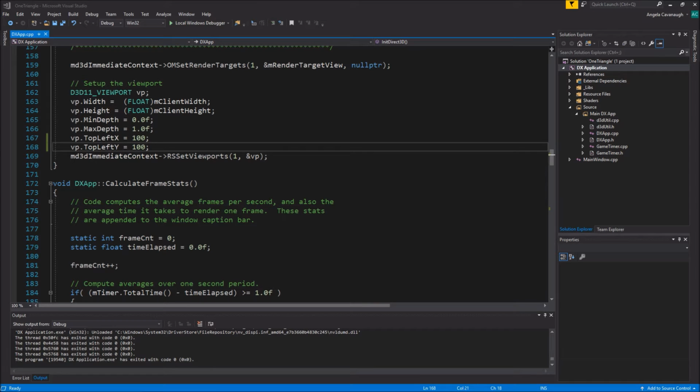The DXGI format, R16 uint, what does it have to do with red? It's a 32-bit unsigned integer format that supports 16 bits for the red channel